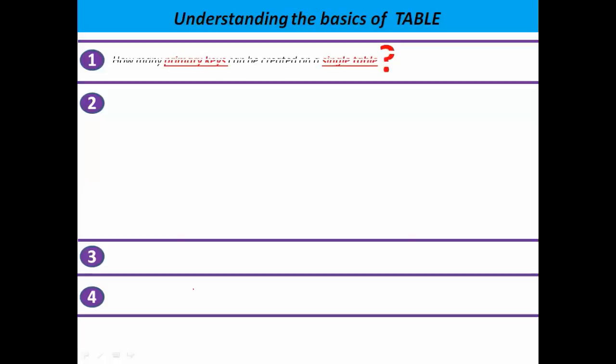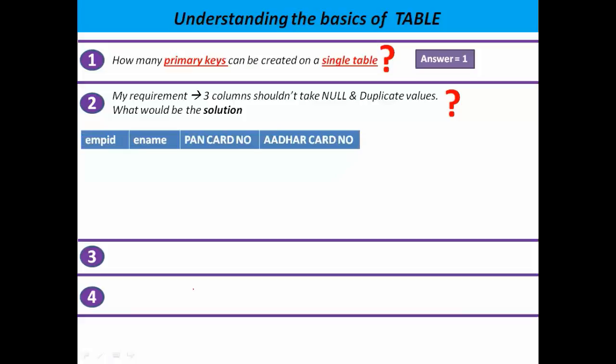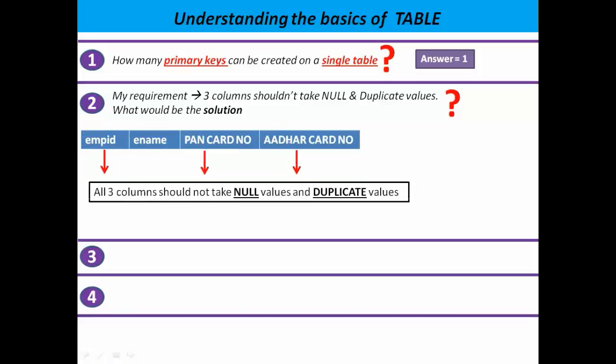Now, let's answer the first question. How many primary keys can be created on a single table? The answer is absolutely 1. We cannot create multiple primary keys on a single table. But look at my requirement. My requirement is I have 4 columns in a table. Among the 4 columns, individually